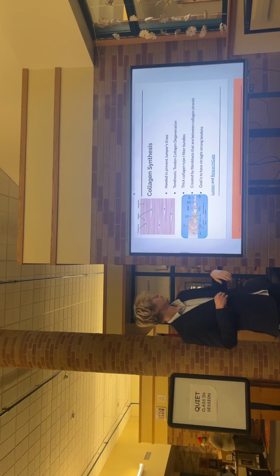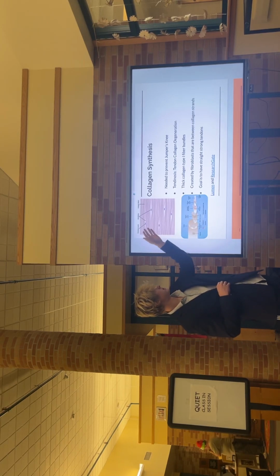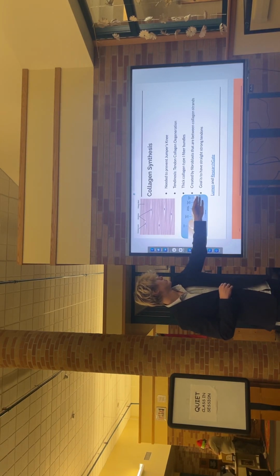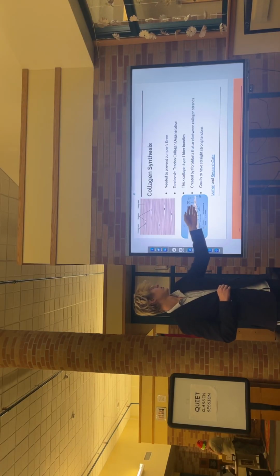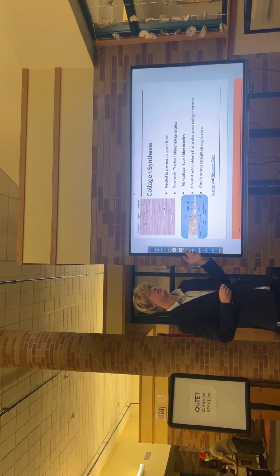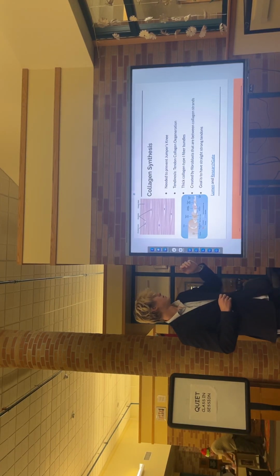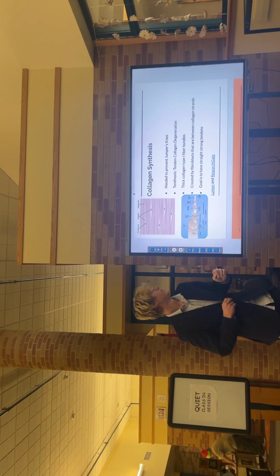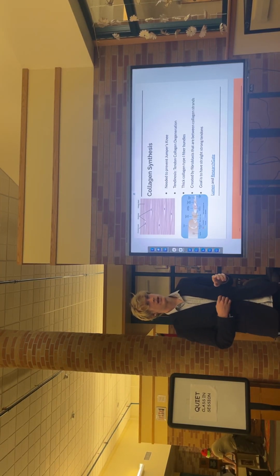Once you have more and more of these, this is a fibril, they will continue combining into our different primary, secondary, tertiary fibers or bundles, to eventually make a tendon. And the goal is to have